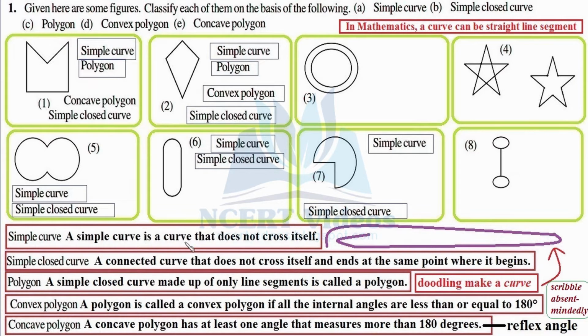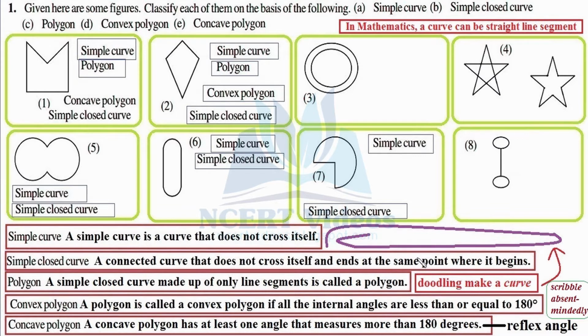Now what is a curve? Well, we know very well from our previous standards about the definition of a curve. Let's revisit the concept. A curve is anything that you doodle on a piece of paper. And what is doodling? Whenever you scribble anything absent-mindedly is termed as doodling. It is simply random thoughts coming into your mind and you are scribbling on a piece of paper. For instance, you started from here and you draw this picture like this and you go like this and you terminate here. So it would be scribbling absent-mindedly and this is a doodling which ultimately gives you a curve.